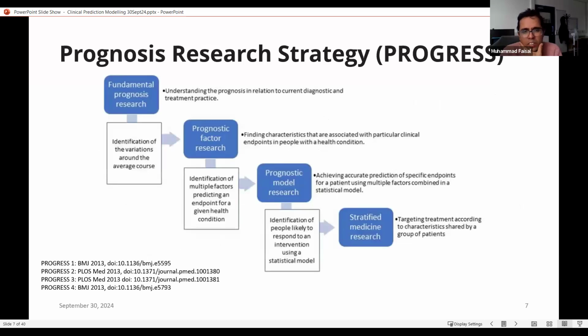But there is a lot of research recently on the PROGRESS framework, which is basically a prognosis research strategy: how you will find out which level this model is developing at and how this will be useful. Before publishing this, there were a lot of issues with the design. It was not really standardized. People were using their own way, and there was not really any mechanism. So this strategy has devised that these models can be applied at different stages, either at the population level,